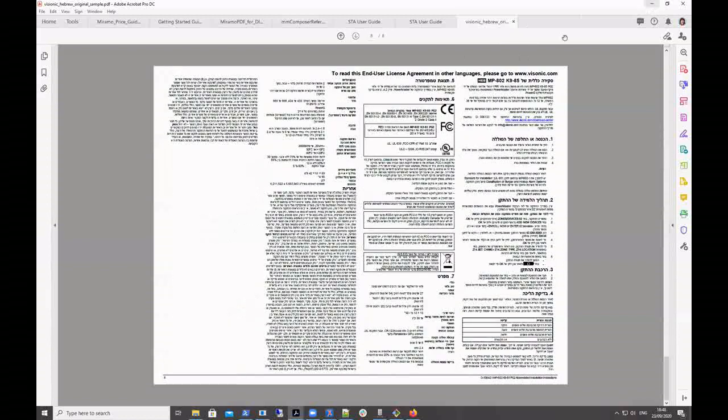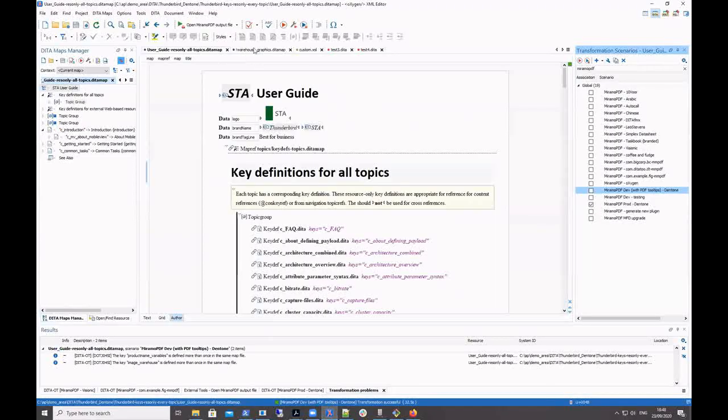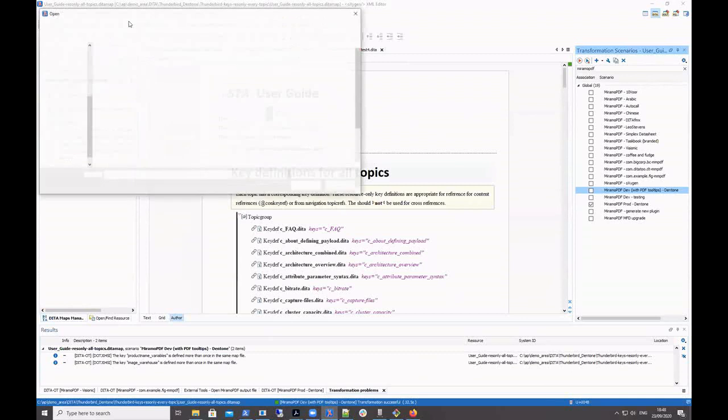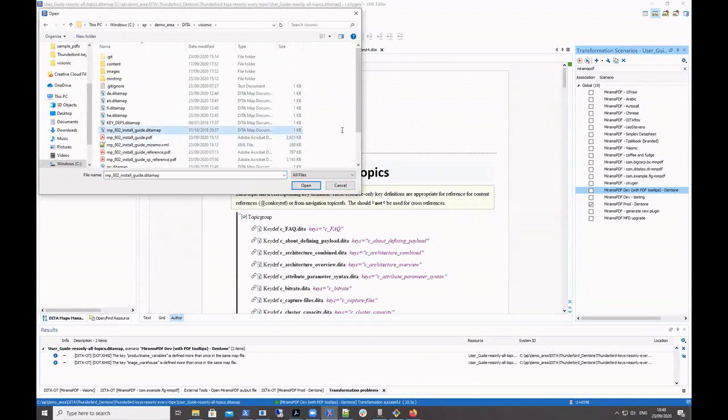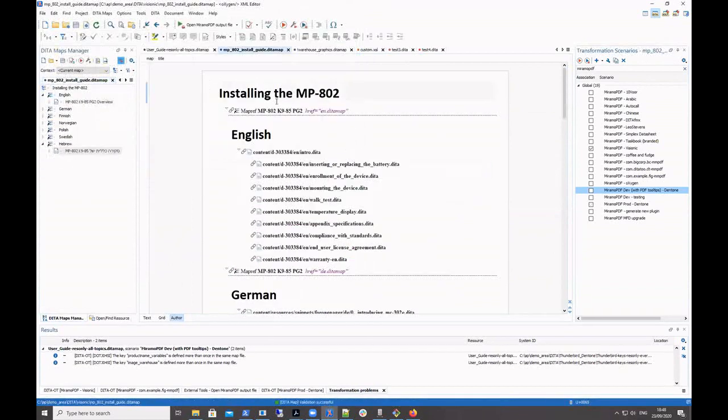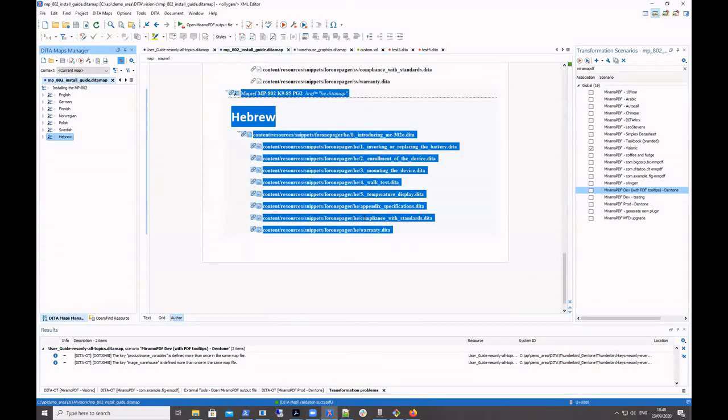Okay, so if we take a look at the DITA, the customer also supplied us with the source DITA, which is what we're looking at here. And you'll see we've got English, German, Finnish, Norwegian, Polish, Swedish, and Hebrew. Okay, so for us to do the proof of concept is purely a matter of creating the Miramo template, because